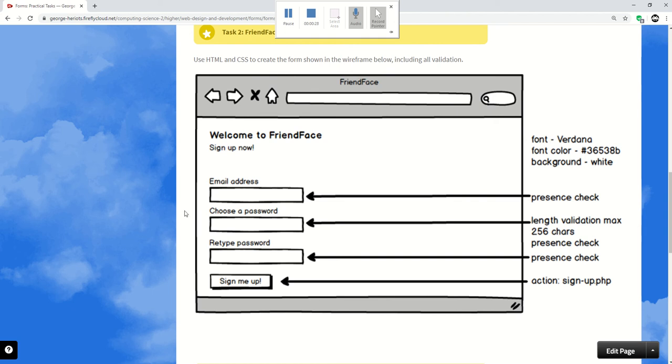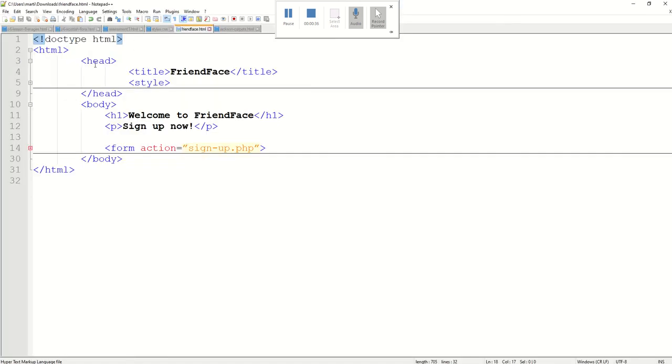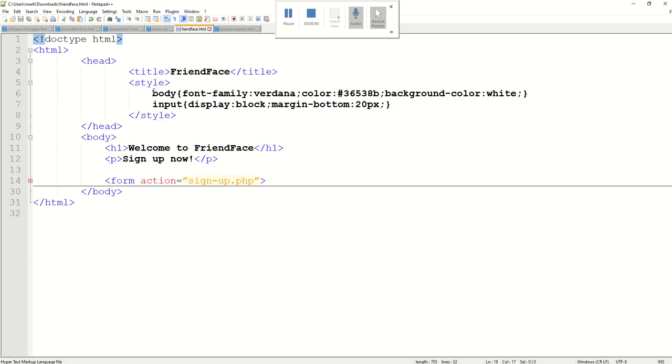I've already done this, by the way, so you won't have to sit and watch me type here. Font Verdana, font color, background, etc. So here we go. There's the title. Here's the style, just for the body selector, and I've done an extra little bit of styling here for input